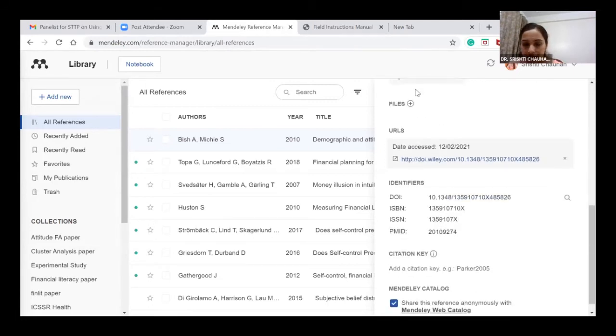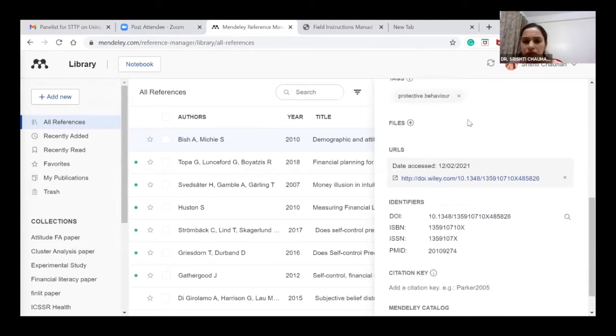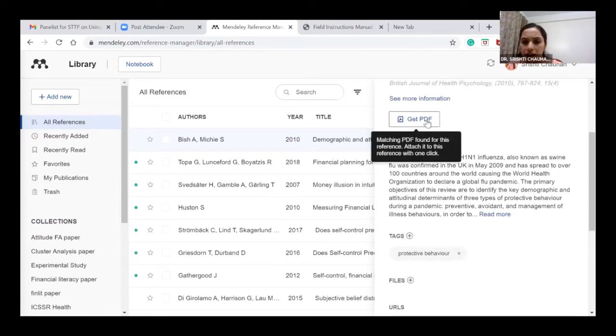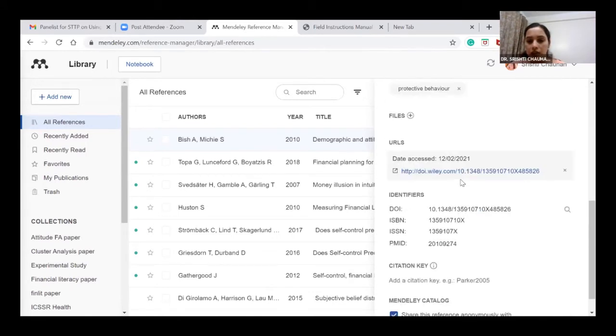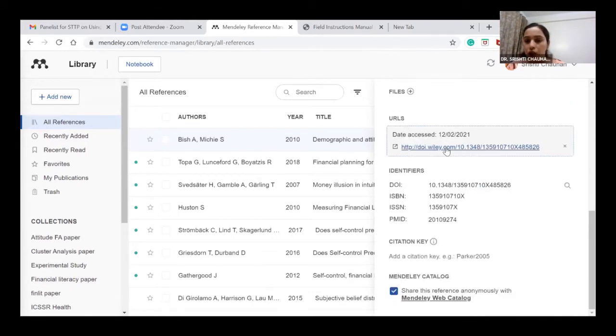नाउ लेट्स टॉक अबाउट फाइल्स। फाइल्स मतलब यहाँ पे ऑलरेडी यहाँ पे लिखा है कि पीडीएफ इज अवेलेबल, मतलब जब मैंने उसको डाउनलोड, सपोज मेरे डेस्कटॉप में कोई कहीं पे फोल्डर में ये डाउनलोडेड था, तो मैंने इसको अपलोड कर दिया डायरेक्टली इसमें। वो कैसे करूंगी मैं अभी बताती हूँ। तो यानी कि इसका मतलब जो पीडीएफ है वो अवेलेबल है, इसमें लिखा हुआ है, राइट। नाउ देन उसके बाद यूआरएल जनरली होता है कि वो पेपर, अगर मैं इस पे जाऊंगी